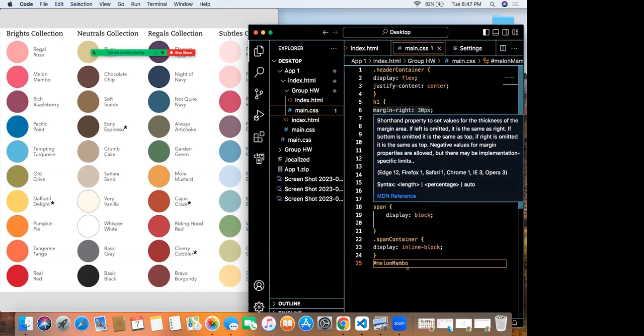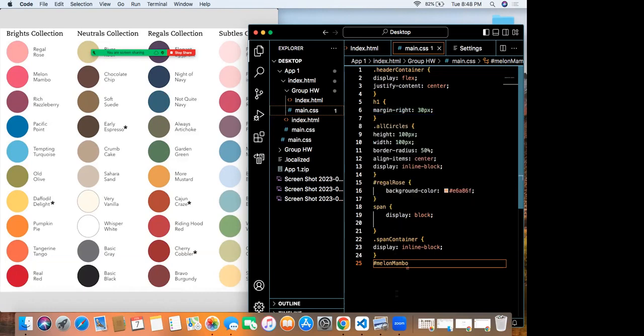I'm trying to figure out how to make sure the circles are underneath the headers. Let me see. You guys just let me know, and then I'll do it.